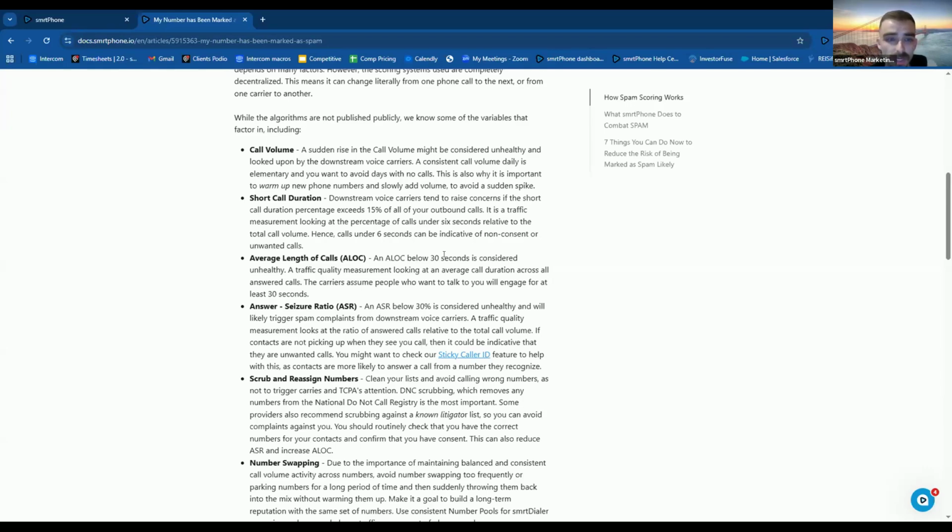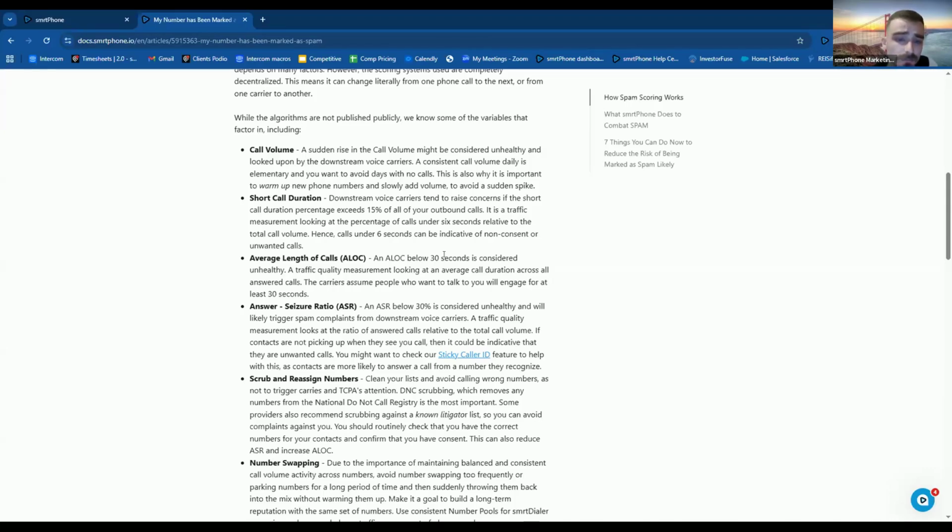Basically, if your contacts pick up and then once you present yourself, they hang up, that indicates to the carriers they are not willing to talk to you. Then the average length of calls is also very important. If it is below 30 seconds on a global range, it is considered unhealthy. So having long conversations and thorough discussions can also be very, very important.